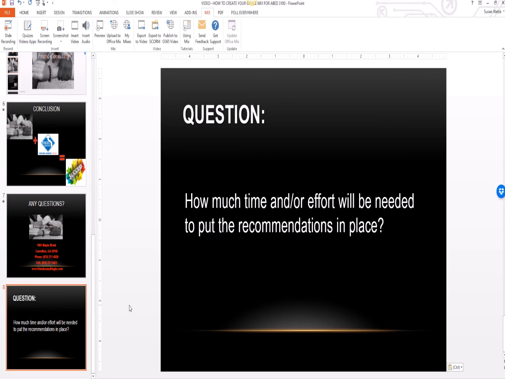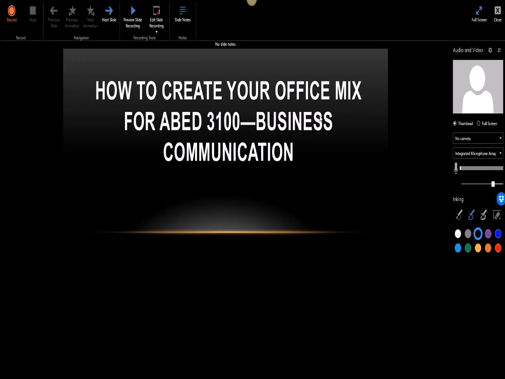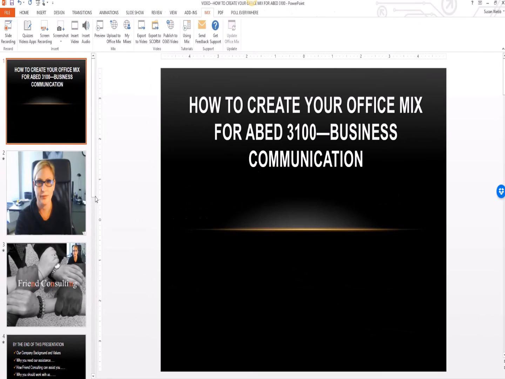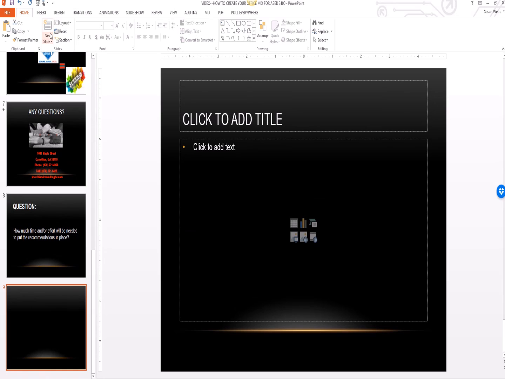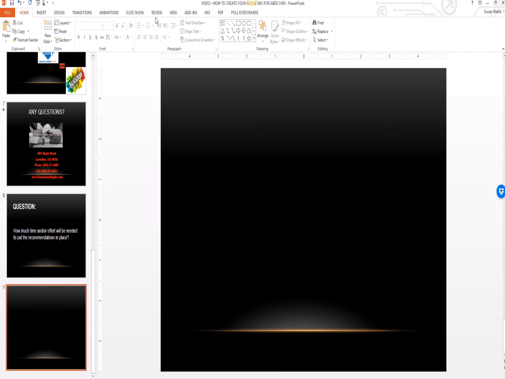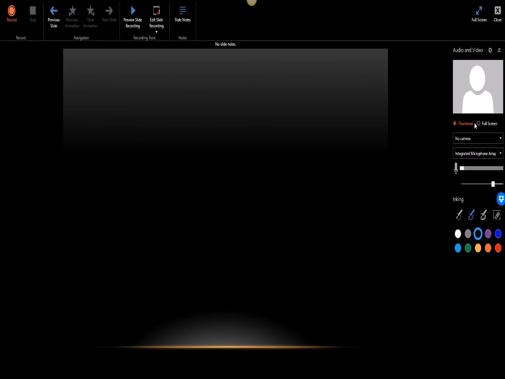And now this next slide, you're going to do a slide recording. So in order to do a full screen recording, you are going to go up to slide recording. Oh, I missed a step. In order to go to the end and do the question, you have to actually insert a blank slide. So when you go in here, you can go insert blank slide, layout, and then blank. And now in this blank slide, go into mix, slide recording. Click here on full screen. And now in this full screen, you will be able to hit record, and you'll be able to record your responses to the